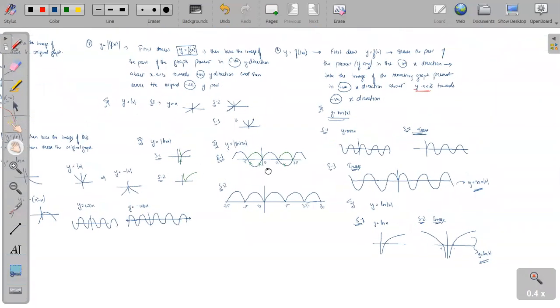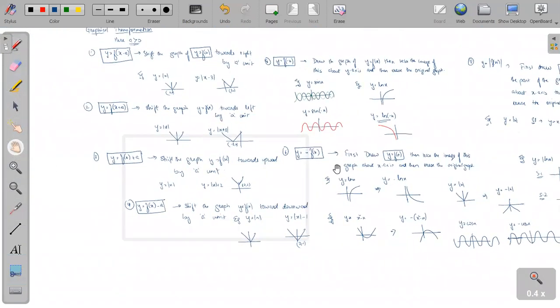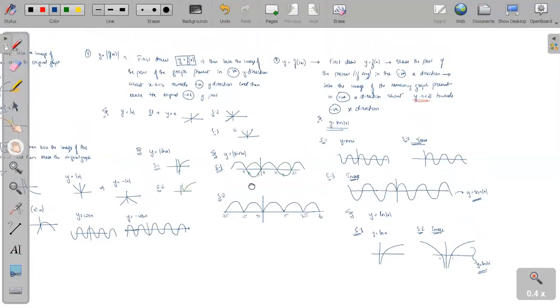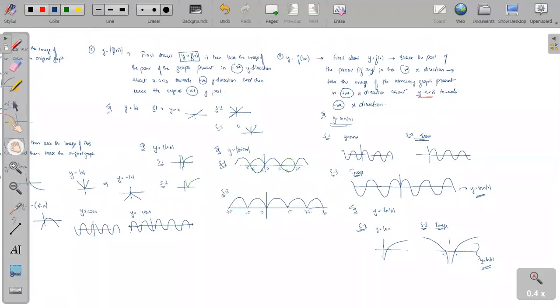Have you understood point number 7? Yes or no? Point number 8 or 7? 8. Raise your hand. Those who have not understood, please raise your hand. Raising your hand and asking your doubt is the best option you can do. If you are hesitating to ask me the doubt in online mode, then just think, in offline mode in the college itself, how could you ever ask me the doubt?